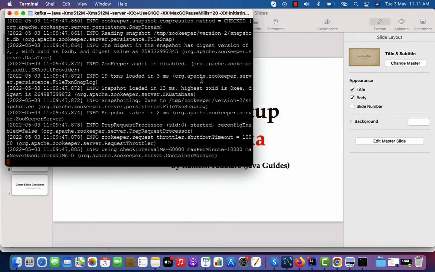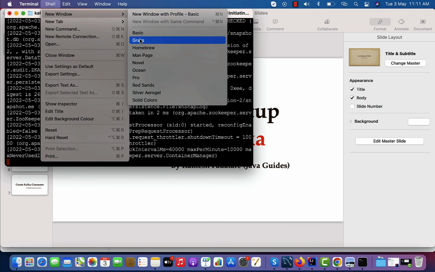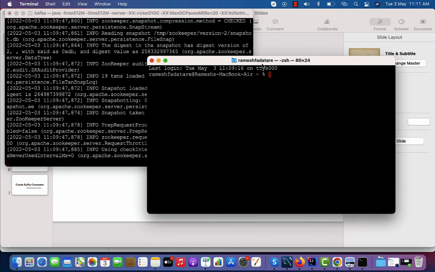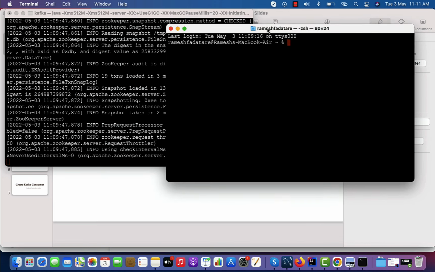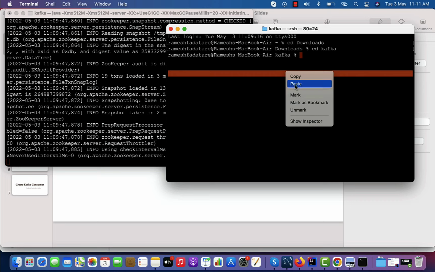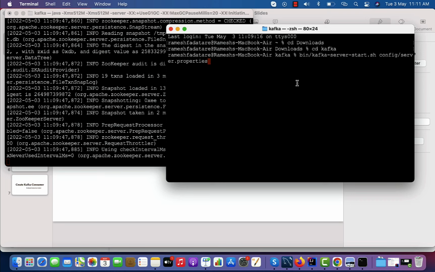Let me copy this command and go to the terminal. If you are using Windows, then make sure that you use command prompt. Let me open a new shell. Let me zoom in a little bit. Let me go into the downloads folder, cd downloads, cd Kafka. Within the downloads folder we have the Kafka folder, right? So go to the Kafka folder and then run this command, that is